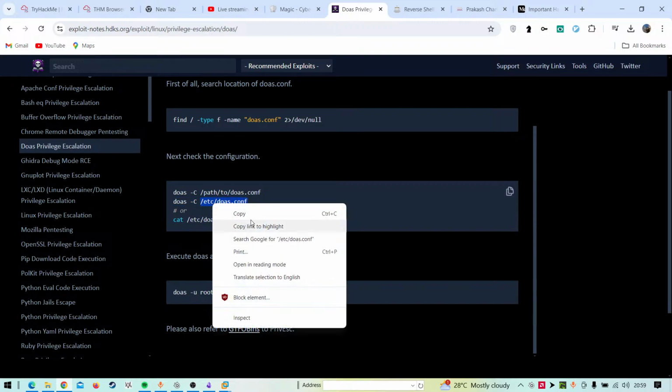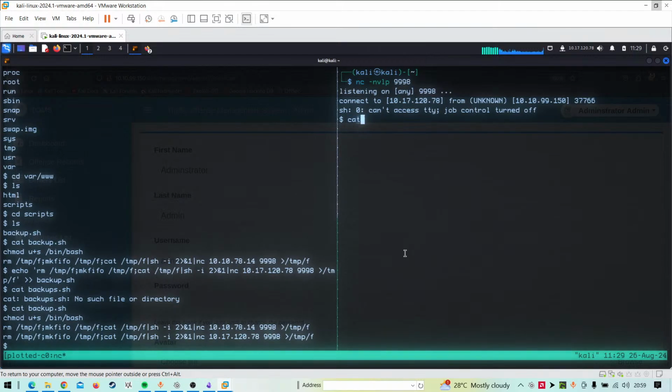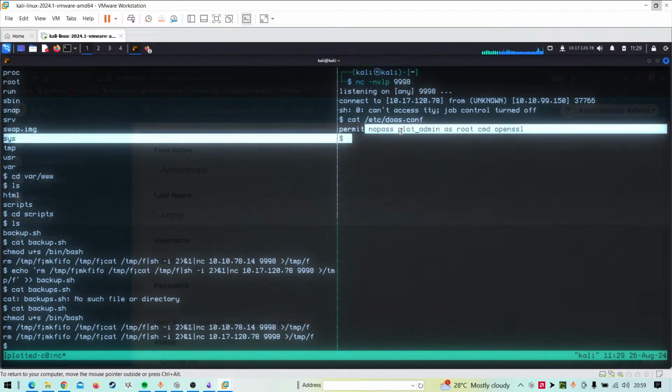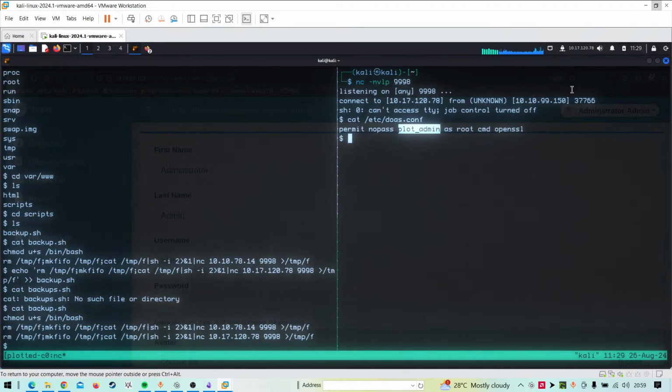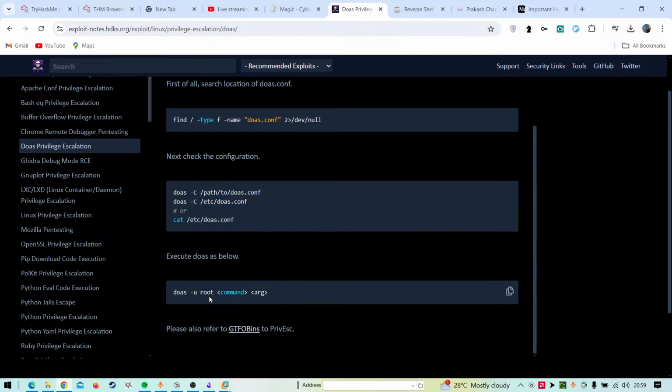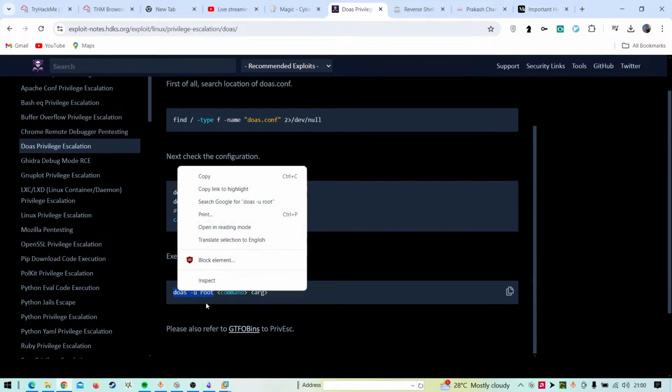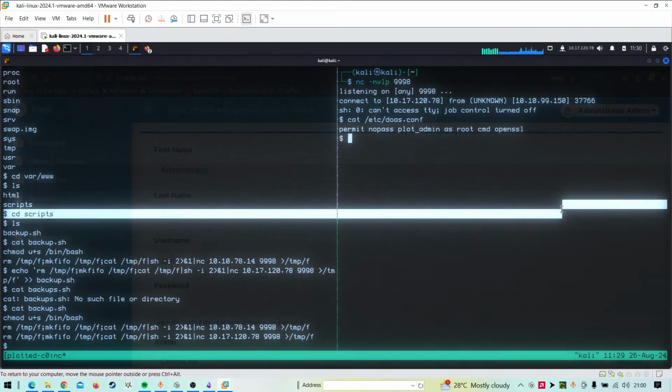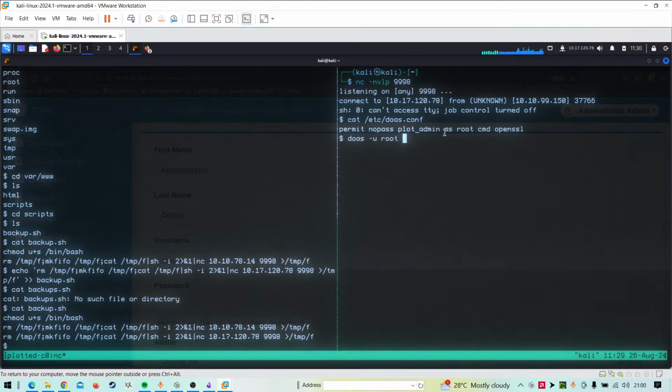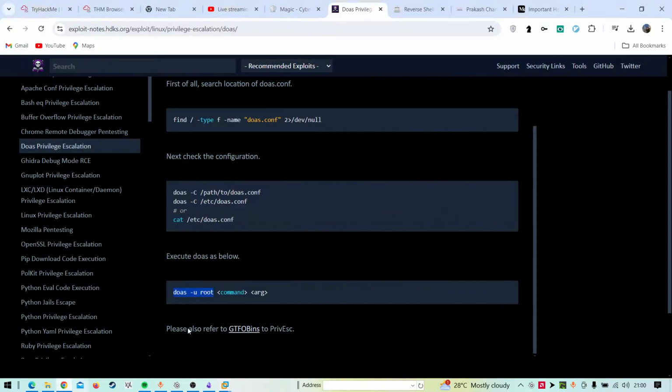Okay. So if I just copy it and check, okay, permit nopass. Okay. It is root cmd openssl. So that means we can use this and cmd openssl. So if I'm not wrong, the command.